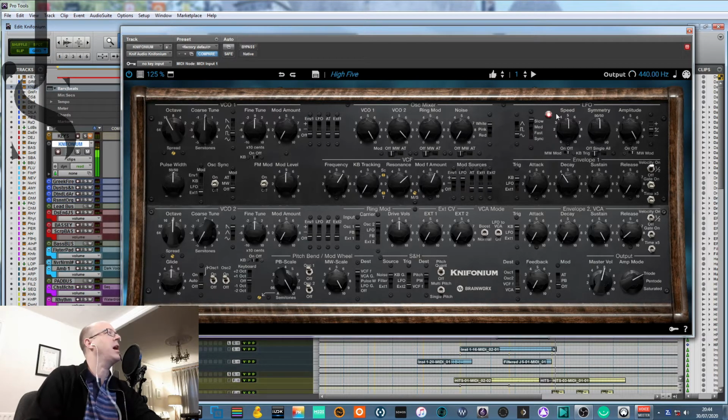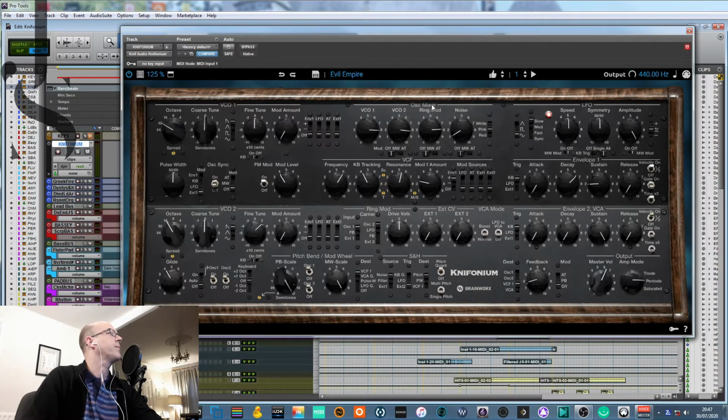See that little handy light up there, pulsing away, medium. And then sync to whatever host tempo you've got. So all of them. Oh, I love it. Amplitude, that's nice. Now this symmetry. Obviously on every VCO you have octaves, and you can tune them. Let's turn that down for a minute. Let's go to